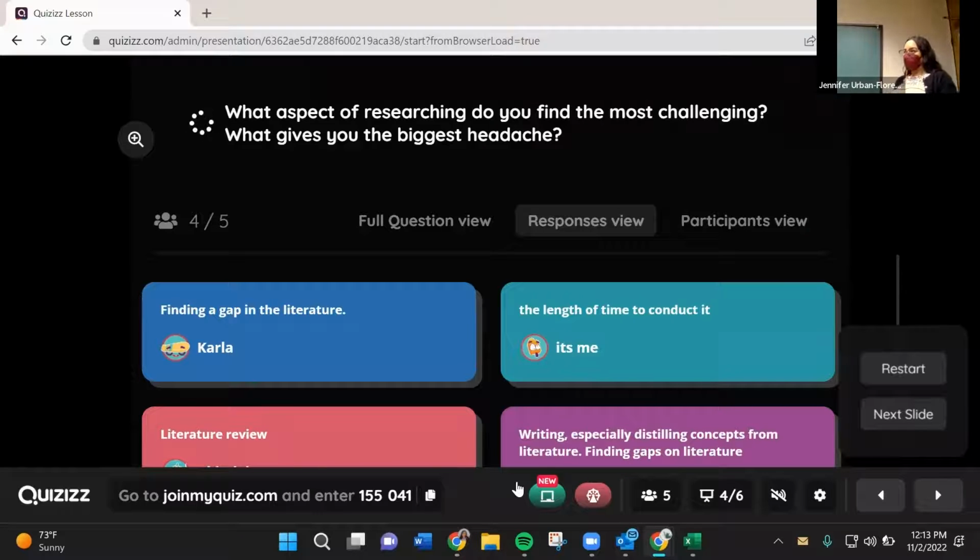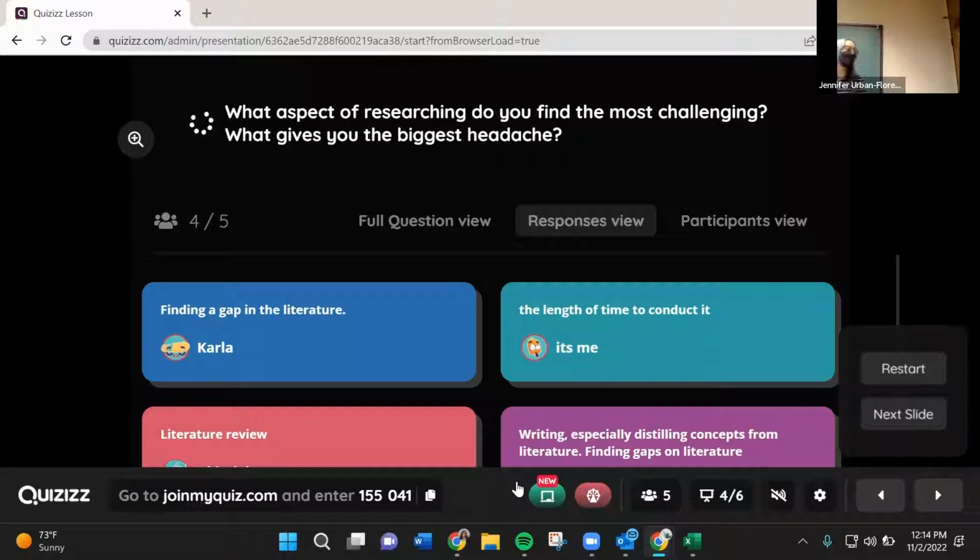Yeah, time is also a factor. Time and finding the actual gap. Yeah, for sure. That can be difficult if you feel like you're on a time crunch and you want to find that gap, right? And then you feel like, oh no, if I spend too much time trying to find that gap, then I'm not spending enough time on the research itself, right? In the lab work.